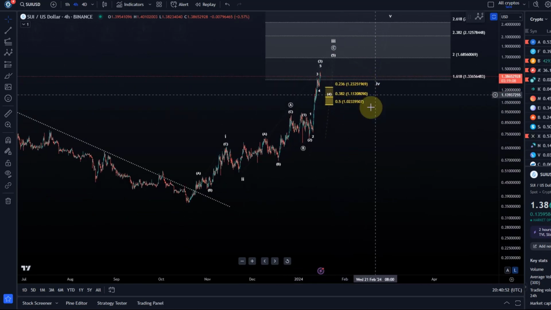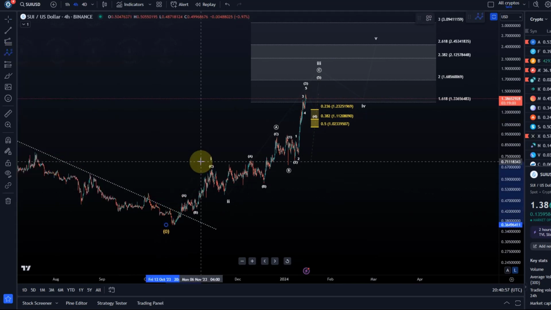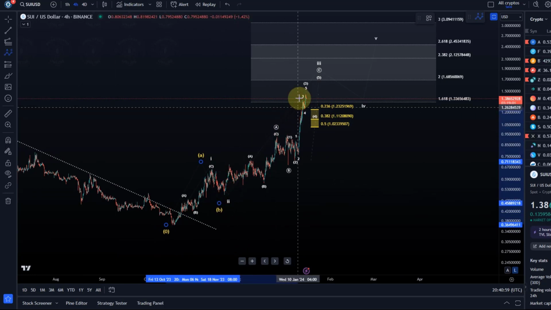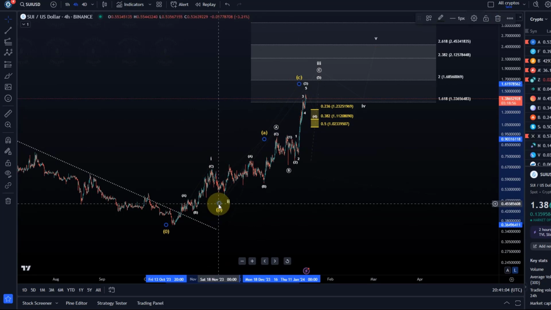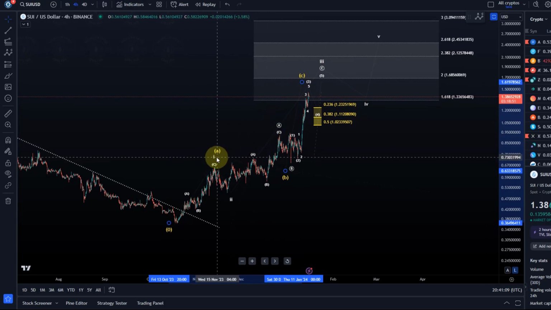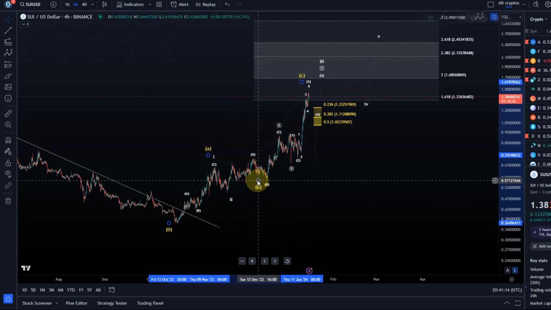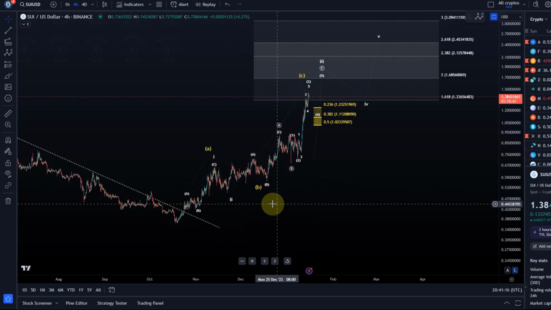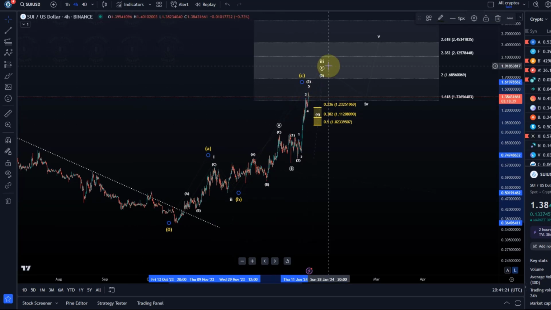And if that level fails as well, then we come to the alternative wave count, which would indicate that this was just an A wave, a B wave, and a C wave. Or we could even say A, B, and this is a C wave. So anyway, just a 3-wave move, but it would actually look better. We could even explore if this is some kind of running flat structure here, but that's not so important. It would be a 3-wave top. It's certainly not 5 yet. So it would have to be a 3-wave top. If that's an ABC or a WXY, it's not so relevant. What it just means is that